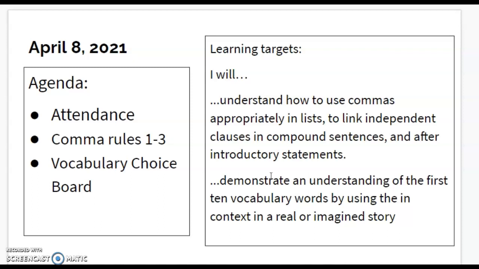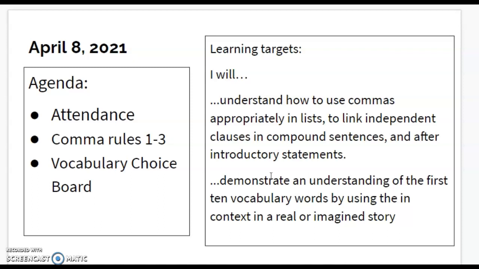So you will understand today how to use commas appropriately in lists, to link independent clauses in compound sentences, and after introductory statements. We'll get the first 3 rules of about 9 rules. But you know, within those rules, there's even more rules and exemptions because English language is difficult. So hopefully by the time you leave today, you'll have a better understanding, if you don't already, of how to use commas. A few of you are already really good at this, so hopefully this will just be some nice